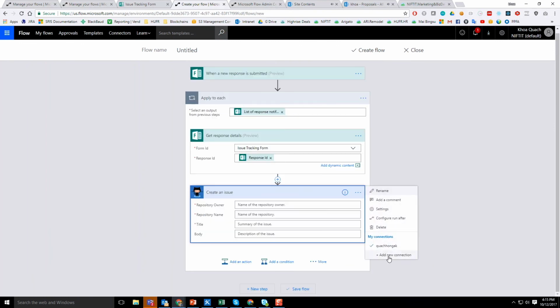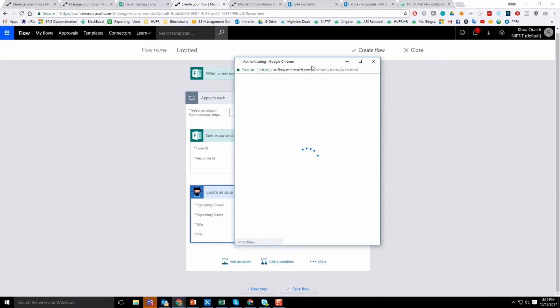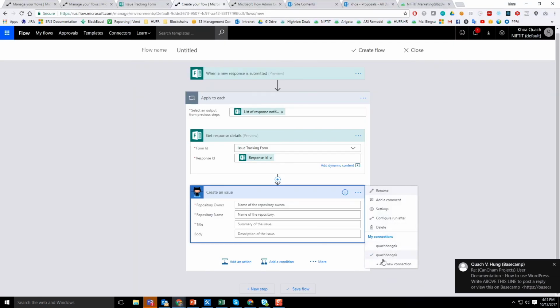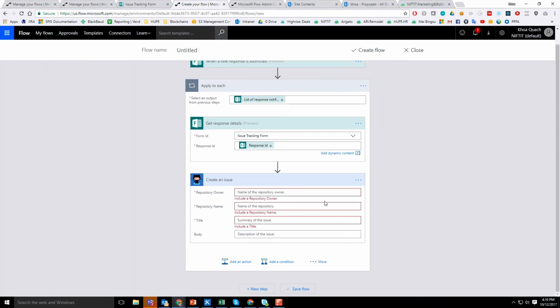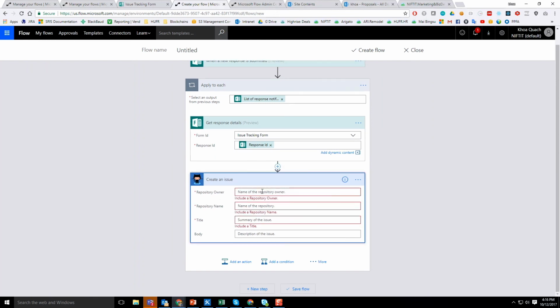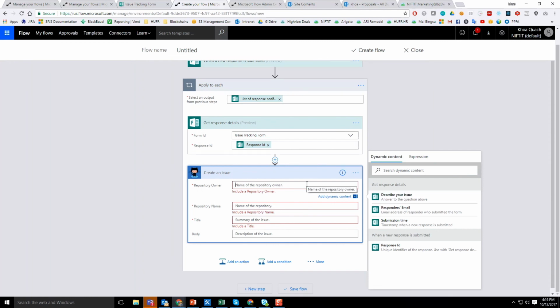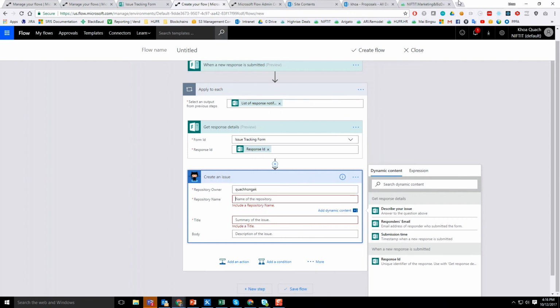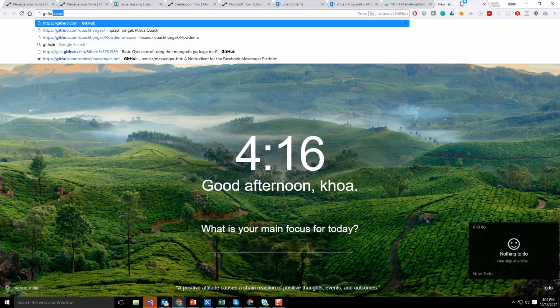What you need to notice is that I already have a connection to that. If you wanted to add a connection or you don't have a connection already existing, basically you see that specific screen is adding me twice because I'm already connected, but it will give you a pop-up and you just need to fill it out and give the proper information. So right here, the repo, it's my username, and the repo name. So let me go to my GitHub actually,